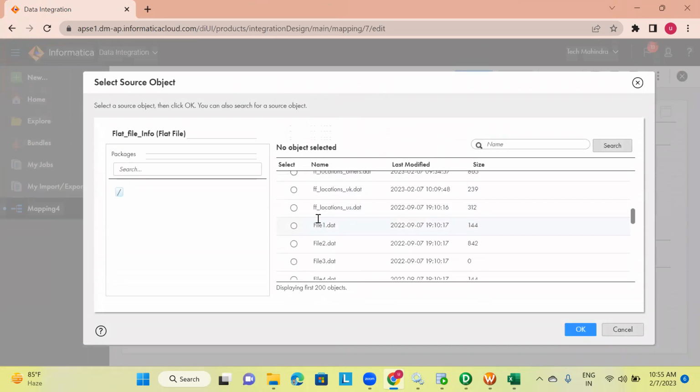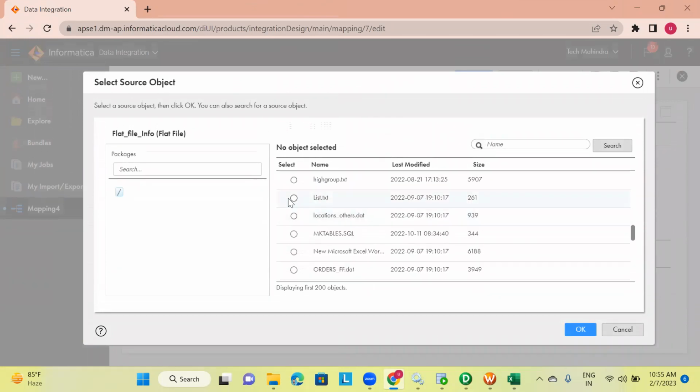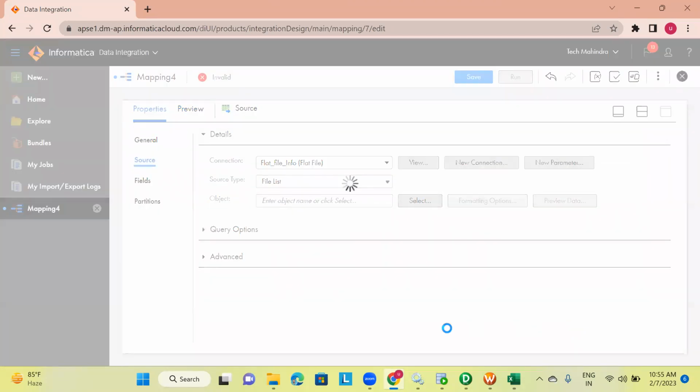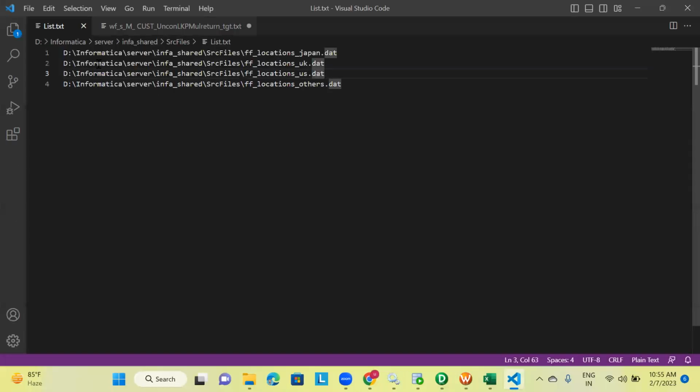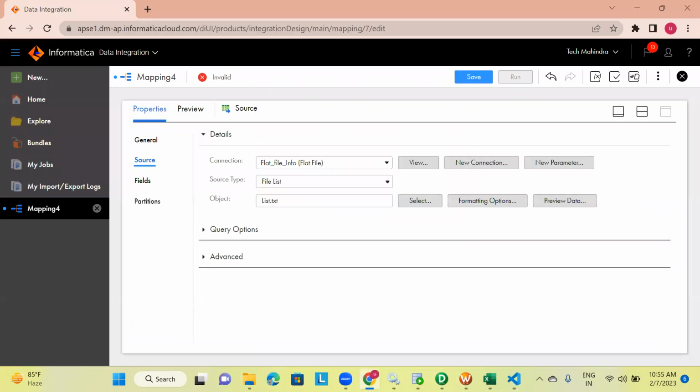Yeah, these are the files in that path, and this is my file list.txt. Click on this list.txt over there. Okay, in this path there is a my file list, and click on this list. There are 4 files in this path in this list. List.txt, and